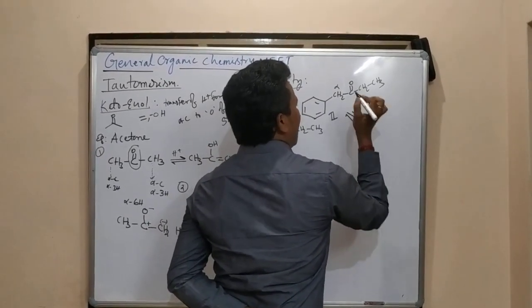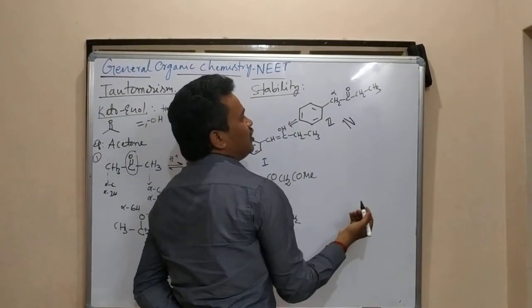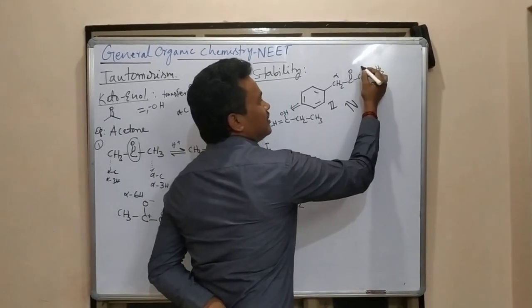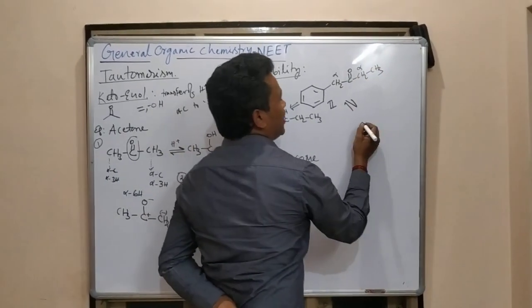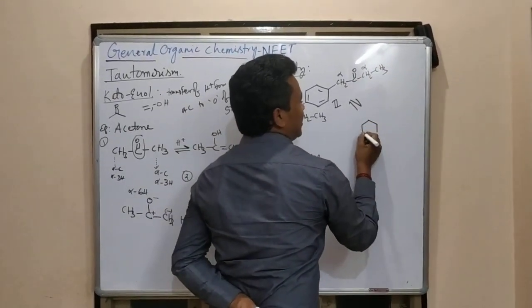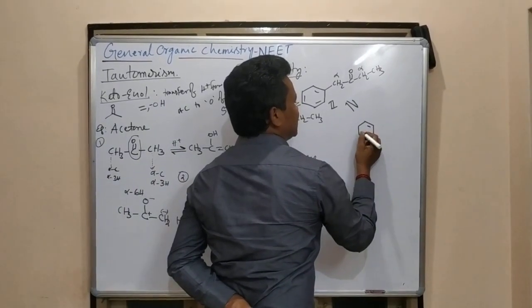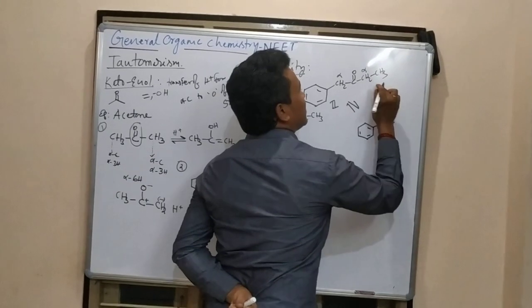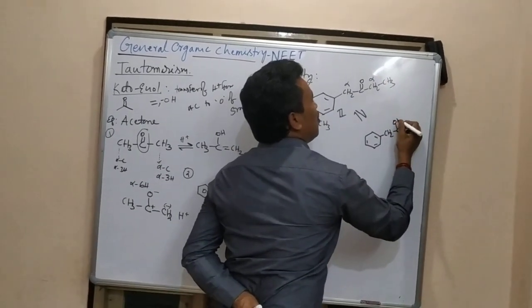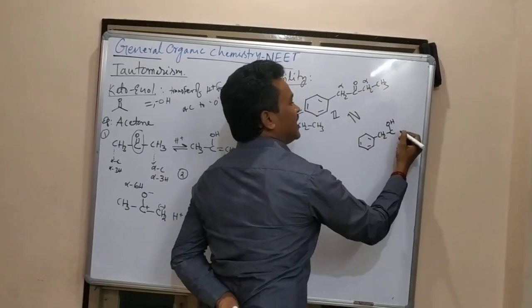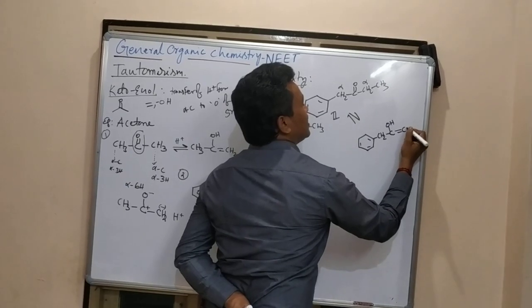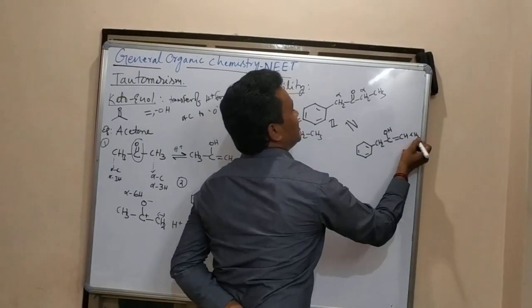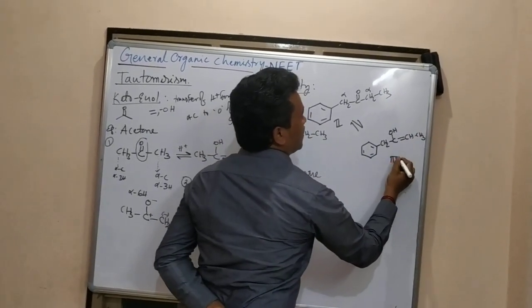The other enol form. What is that? This time this hydrogen is going to shift. Okay, right? All of this ring will remain as it is, and this is not going to touch this one. This hydrogen is jumping, so from which side is the OH jumping? From that side, and the double bond is on this side. Okay, CH3. I am going to give this the number 3.